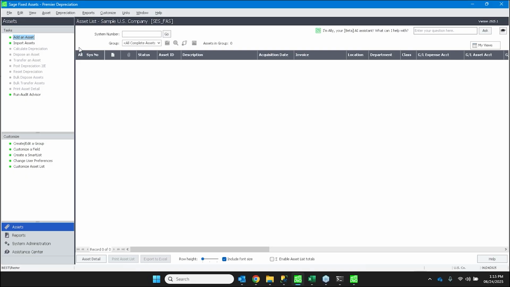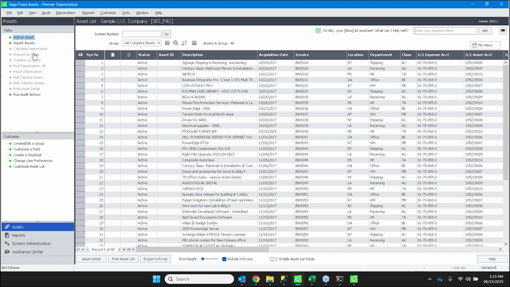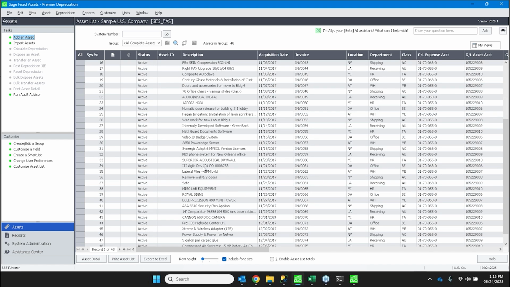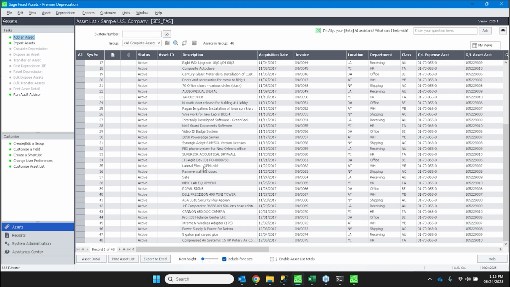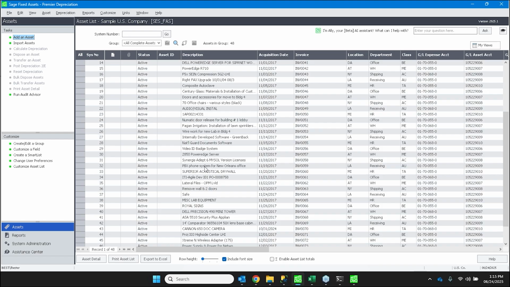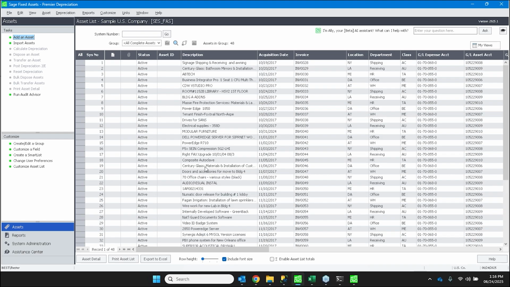And you saw that this company had no assets, we're going to refresh our view here. And now we see we do have assets, and we have 48 assets. We had 2 companies in our file, 50 assets each. This is the company that the 2 rows failed on. So again, we would be able to go back and make those corrections and use that same file to import